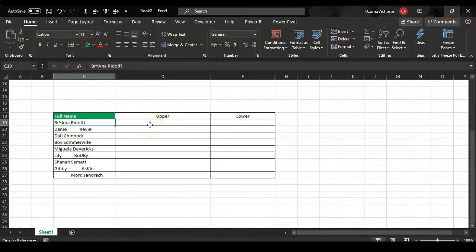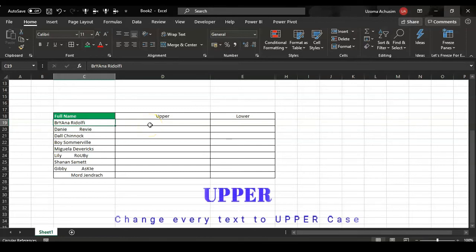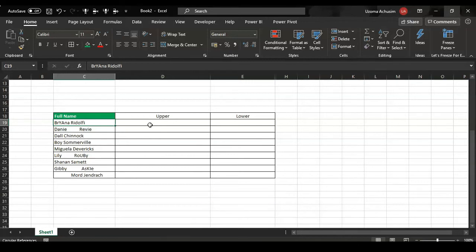Upper means make everything that I have as text to be in caps, to be in uppercase, while lower says make everything I have as text to be in lowercase, or small letters, as some people refer to it as. So if we want to write cell C19 in all caps,